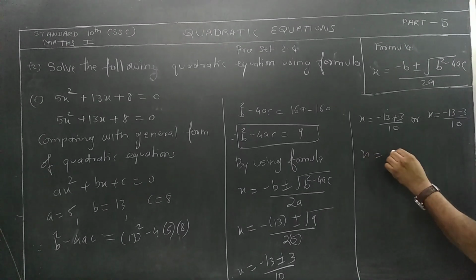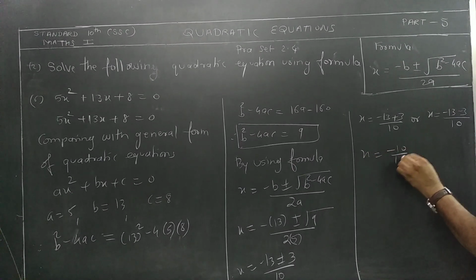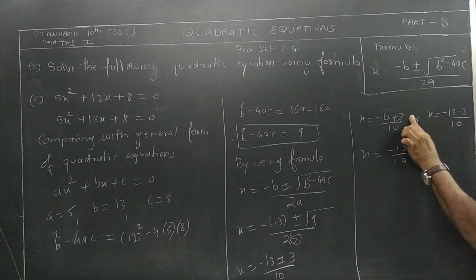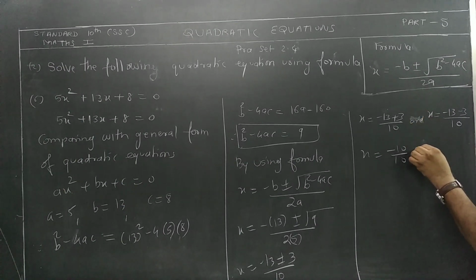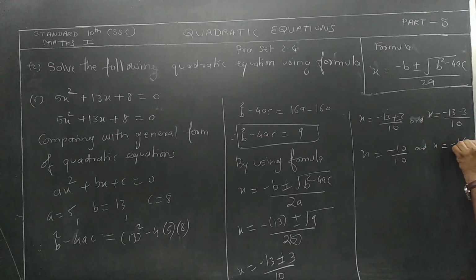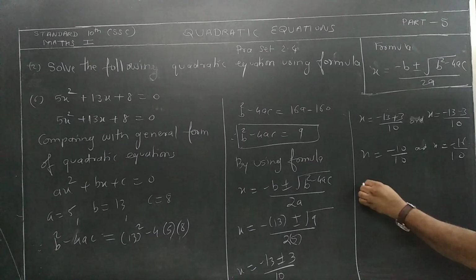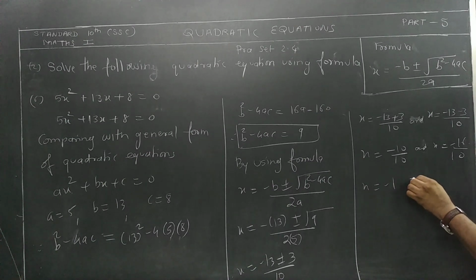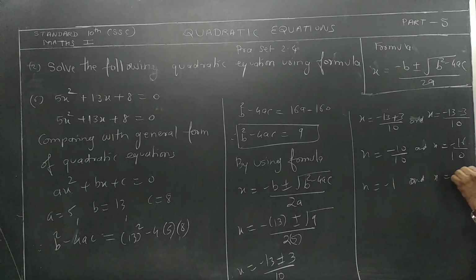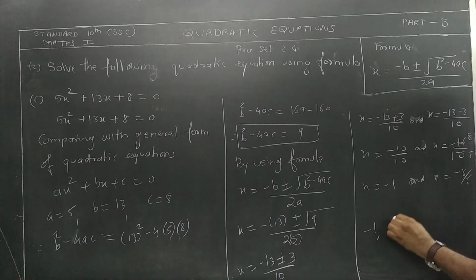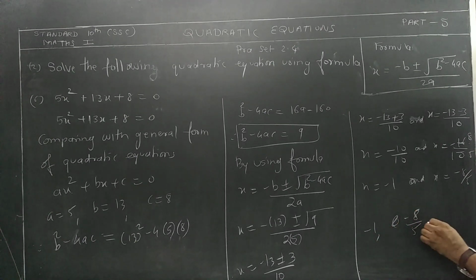So we got x is equal to minus 10 upon 10, or x is equal to minus 16 upon 10. So we got x is equal to minus 1 and x is equal to minus 8 upon 5. Have you understood this? So minus 1 and minus 8 upon 5 are roots of